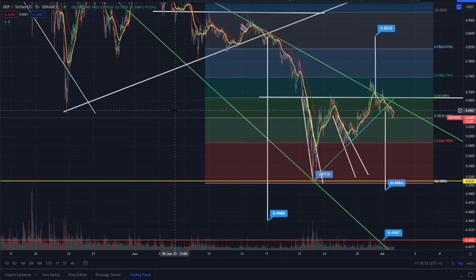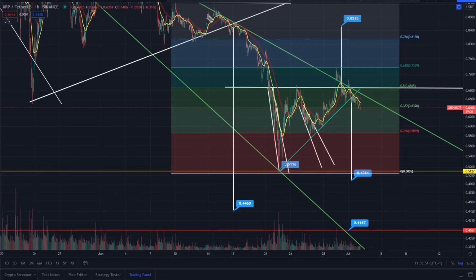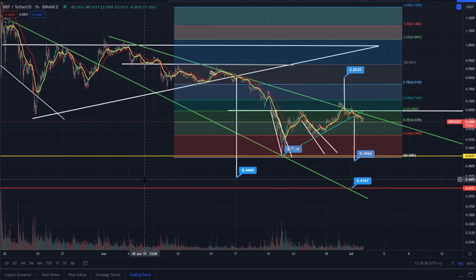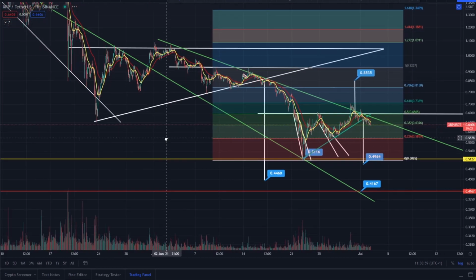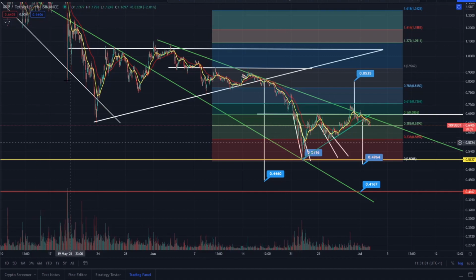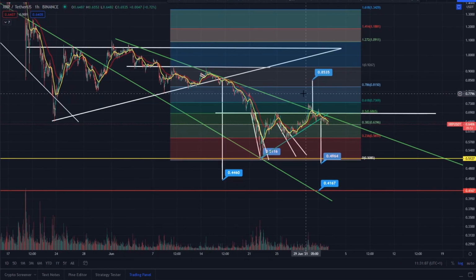So with that, like I said to you, the pattern that's in play doesn't get there overnight, and the pattern that's in play is valid until invalidated. The only way to have invalidated this large ascending triangle is to come up and break the high, and XRP failed to do that. It broke out here, it looked great, but it ran into a level of resistance before retracing and coming back down. Now if you can come back up and break this green line again and break this golden ratio just here,